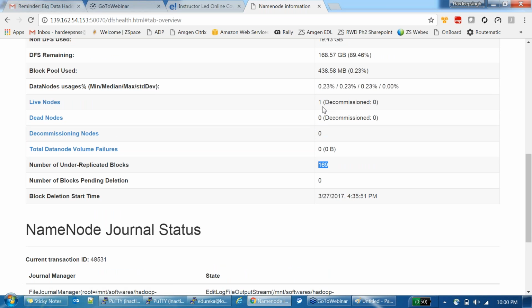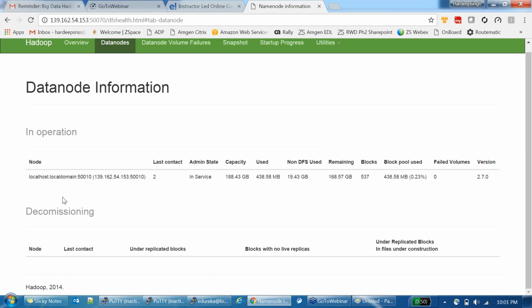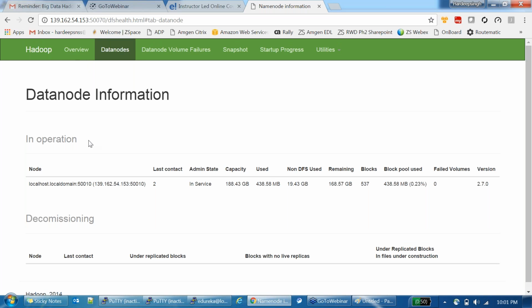Live nodes: how many live nodes are there? It's a single node cluster. It's a hyperlink. If I click on live nodes, it will give me the IP address of the live node. The IP address which it has given is this IP address, so it's a local host. So this is a data node which is configured. Now if you look at utilities,